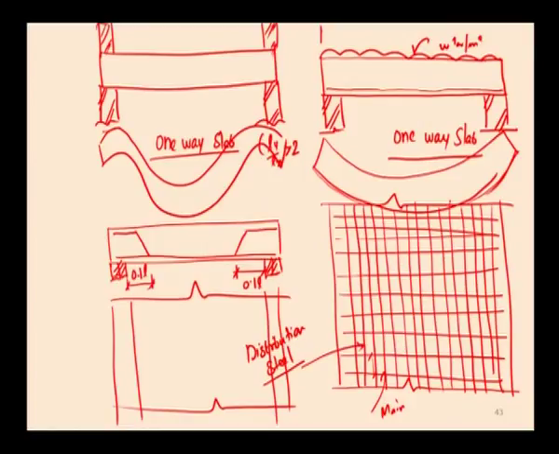This is called the main reinforcement, which has to be provided at the top as well as at the bottom. And how this can be drawn: this is the top reinforcement, which I have drawn using dotted line, and the bottom reinforcement has been drawn using continuous line. This is a crank bar and this one is another bar, a straight bar, and this one is another cranked bar and this one is another straight bar. So, it means that alternate bars have to be cranked over the support to resist the tension which is developed at the top. It has to be cranked at 0.1 L from the face of the support, and in order to